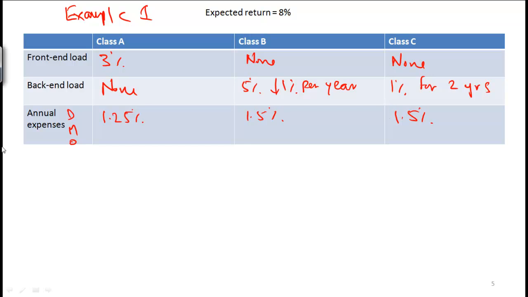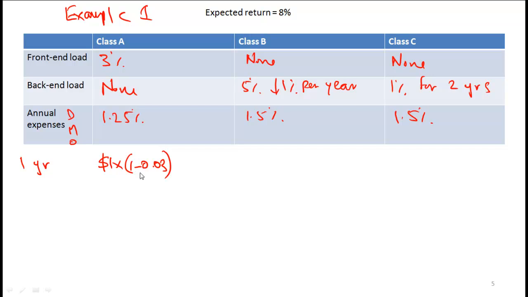Let's say that one scenario is that you invest for a 1-year horizon, and the way we can work on this is, let's assume $1 is invested. So if $1 is invested in class A shares, then how much money will you have after a year? And this is straightforward. If $1 is invested in class A shares, 3% goes away right off the bat. So you have $1 times 0.97, or you can do it as multiplied by 1 minus 0.03.